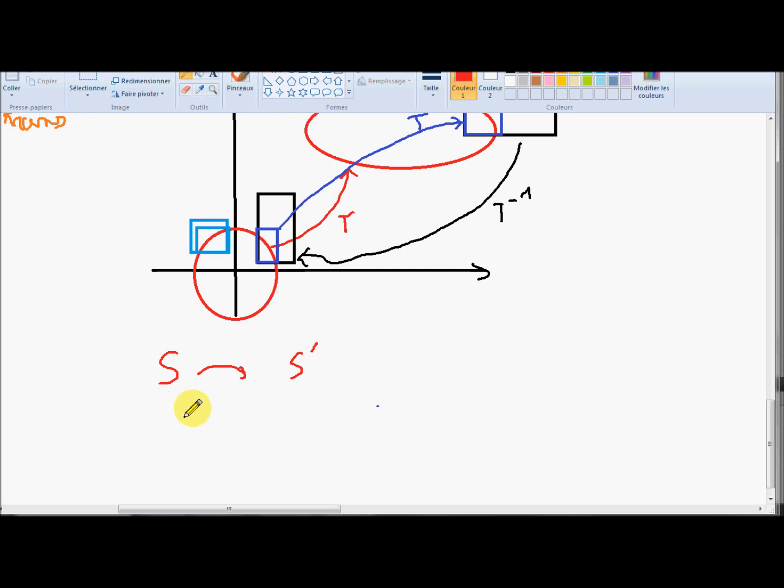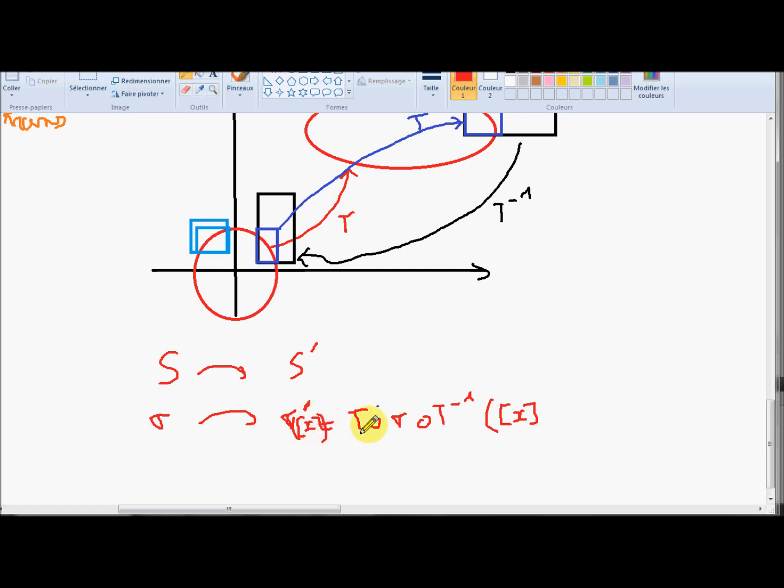I have a separator, let's say sigma for S. Then sigma for S prime will correspond to: first I do t minus 1, then I use the separator, and then I use t. It is a composition like this, which will be applied to a box X. Okay,